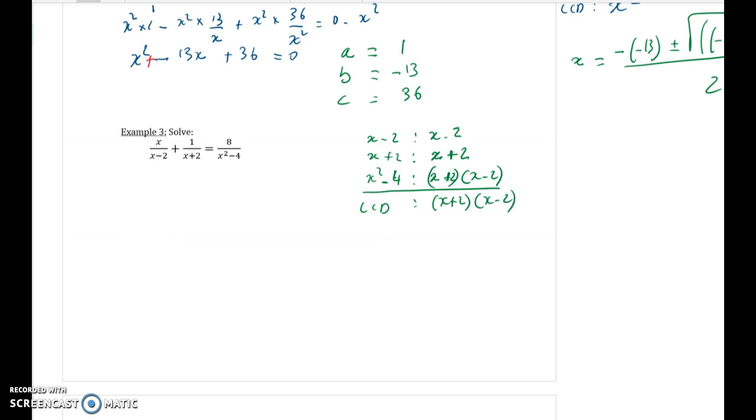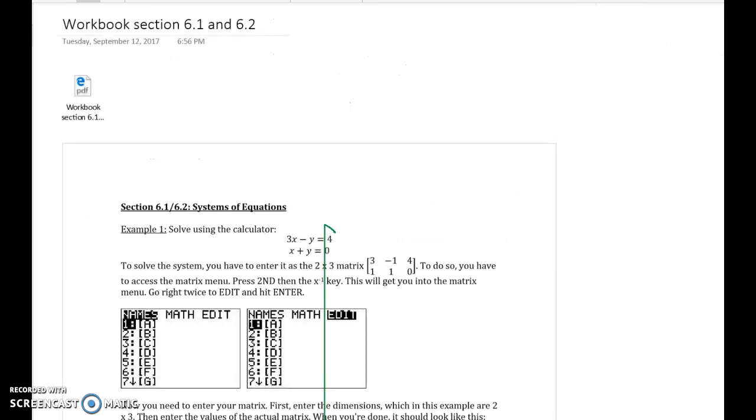When you multiply both sides of your equation, each term on each side, by your LCD, you end up with x plus 2 times x minus 2 multiplied by x over x minus 2, x plus 2 times x minus 2 multiplied by,